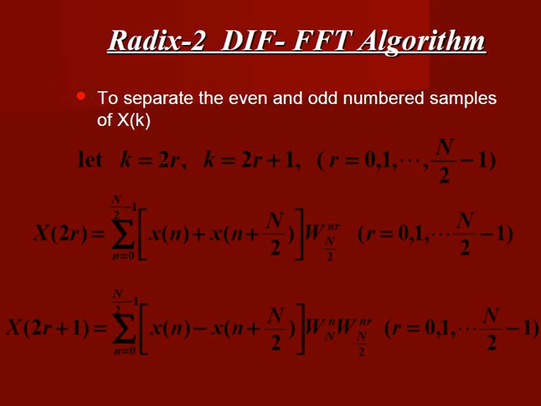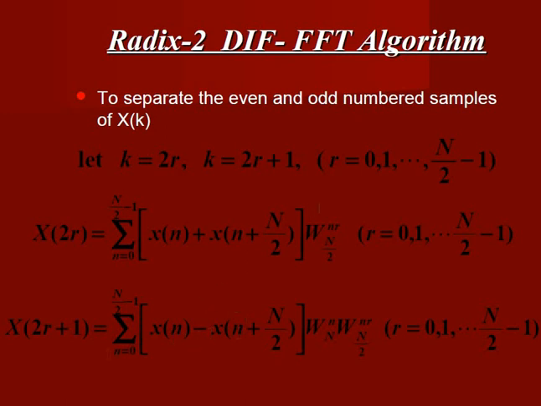So to separate even and odd numbers, at the last ending we are splitting it into even and odd numbers. For even numbers we are taking 2r, for odd we are taking 2r plus 1. For even numbers the thing will be as I have explained and as I have derived already. You got the derivation previously. According to the derivation, the first part, that is the 2r part, the derivation will be like this, and for the 2r plus 1 part, the derivation should be in case of minus axis.